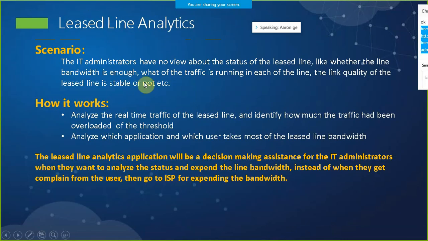Okay. Next one is the lease line analytics. Actually, when we call this one lease line analytics, it's not just limited to the lease line scenario. Also in the branch and headquarters scenarios, we can deploy this BI platform in headquarters, and the traffic from the branches can also be analyzed from the source IP where it comes from. So we can analyze not only the lease line, but also the source IP in the branch and headquarters scenario. Okay. So how it works is it analyzes the real-time traffic of the lease line